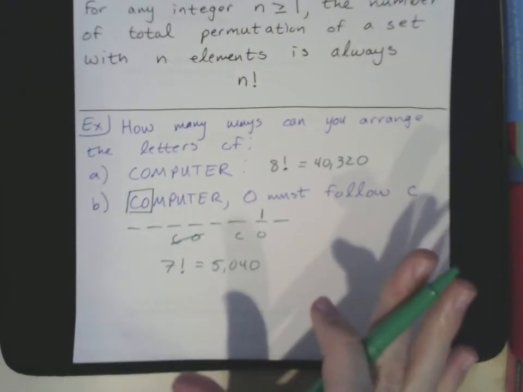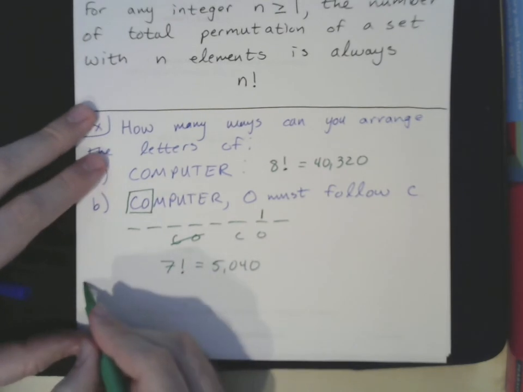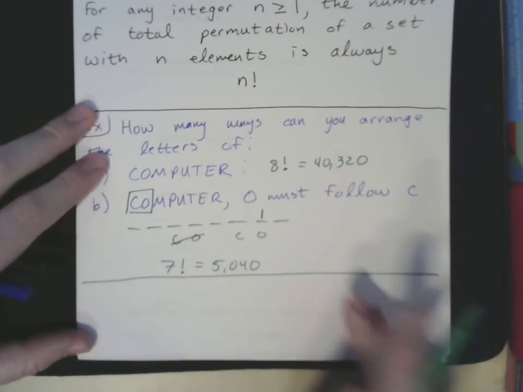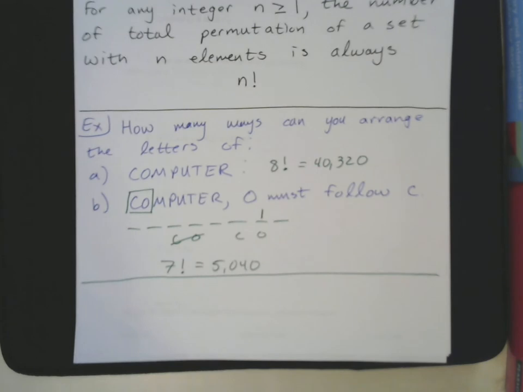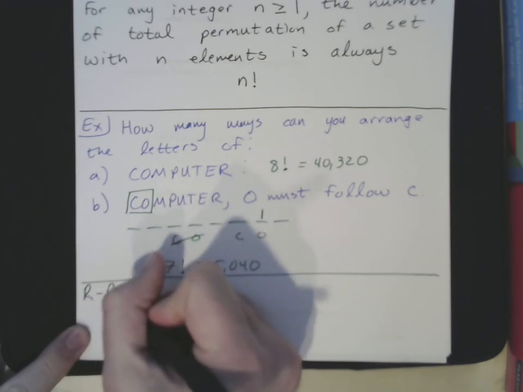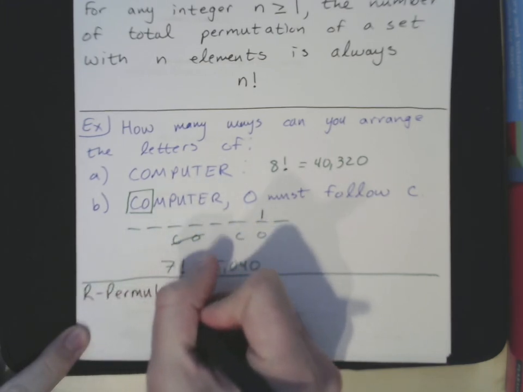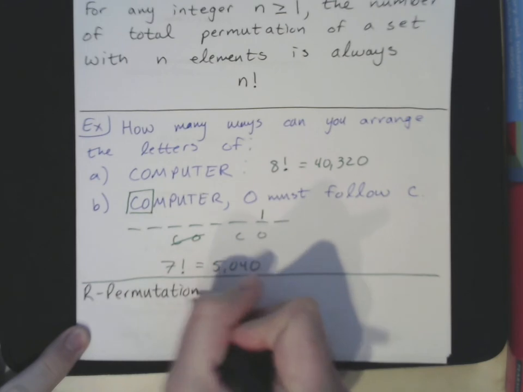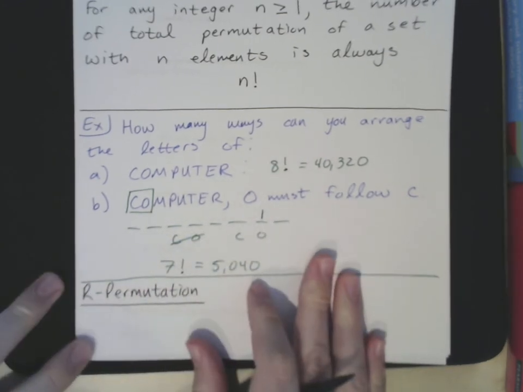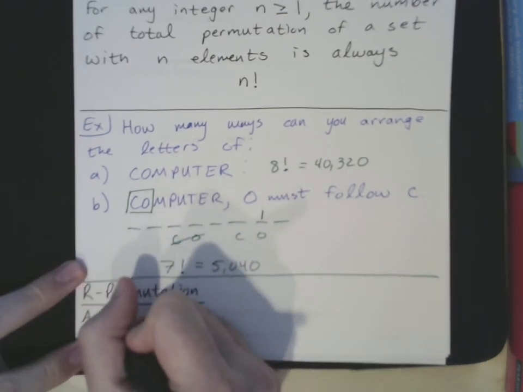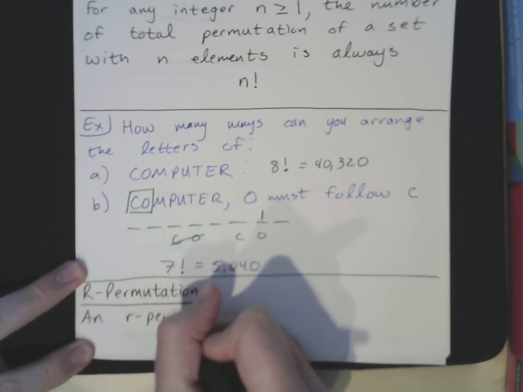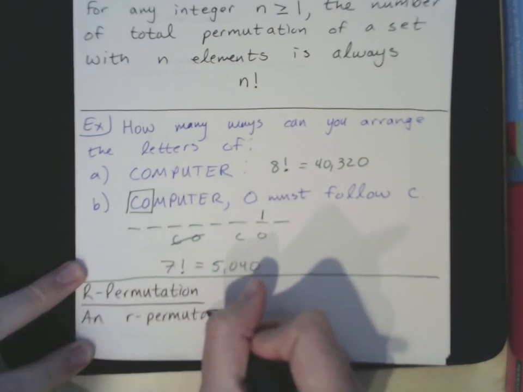So when we're talking about sets, we don't always just do straight permutations, because it's not interesting. You have a big set, you just do its size factorial. So what we often typically look at is R permutations. And in an R permutation,